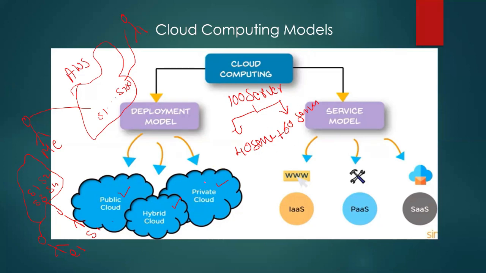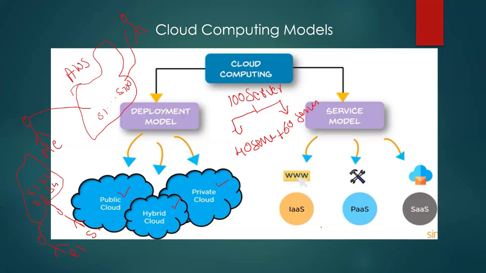Okay, so now moving to service models. Now what are these service models? Service models are the models created based on what services cloud computing companies are offering. Based on that, they have three types of services. That means all the facilities provided by a cloud vendor are put into three different groups. One is infrastructure as a service, next is platform as a service, and then we have software as a service.